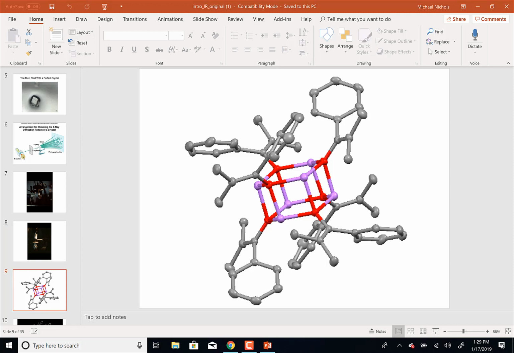These purples are lithium plus cations. These are O minuses. So this is actually what we'll later on learn, an enolate of a ketone. It's an anion with a lithium counterion, and it makes this barrel-shaped, what's called a hexamer. But you can see that looks like a benzene ring. This is sp2 hybridized, so there's a double bond there. So you can determine the structure of that, and you can determine the structure of any of these molecules that you can get to grow as a really high quality crystal.